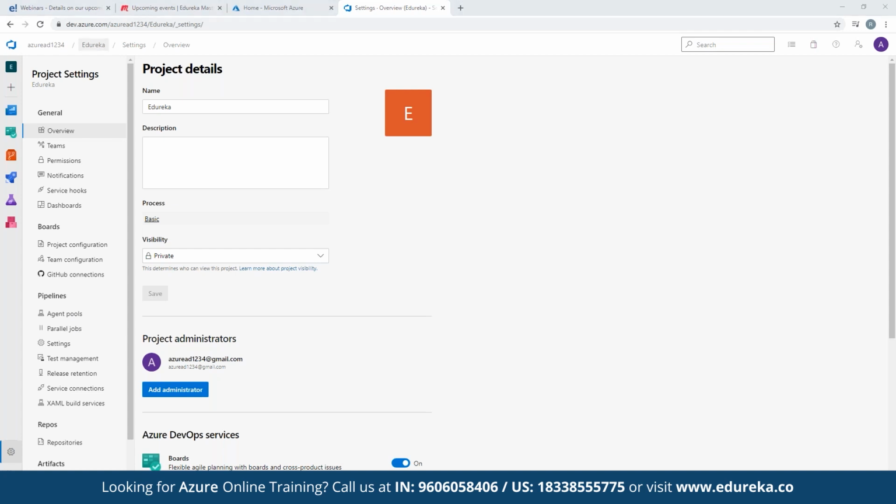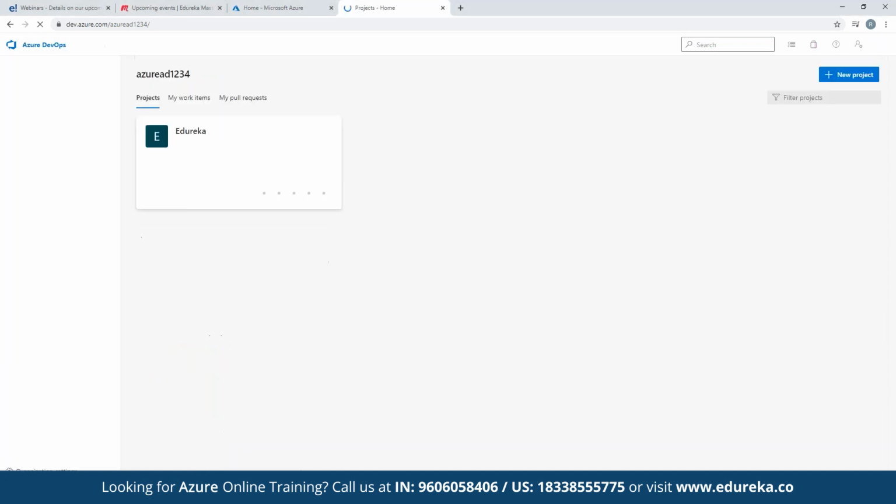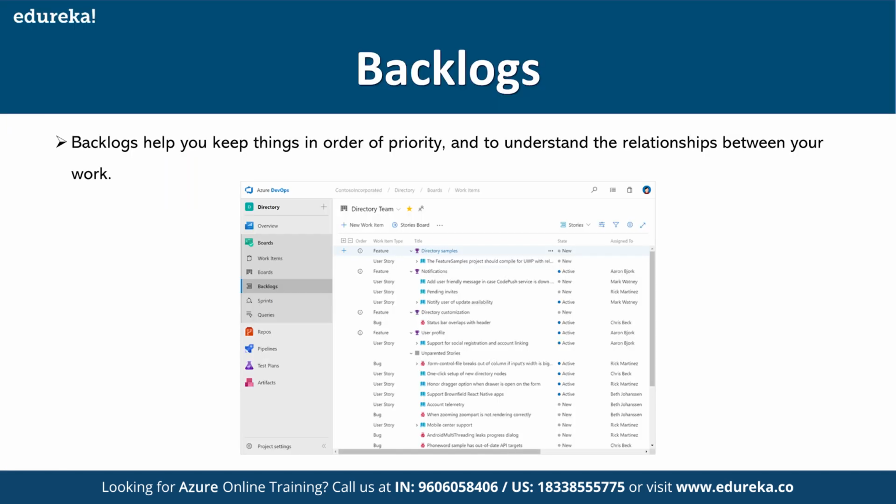Okay, and we have org settings. So here we have project settings, right? We have organization settings as well, which you can see by clicking it here, and all your DevOps projects will appear here, right?